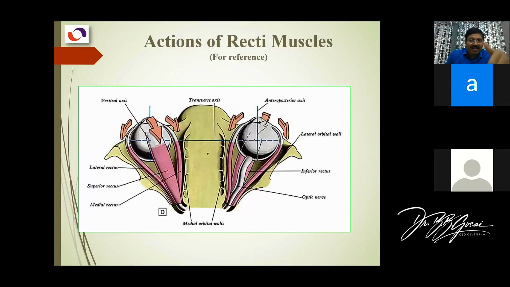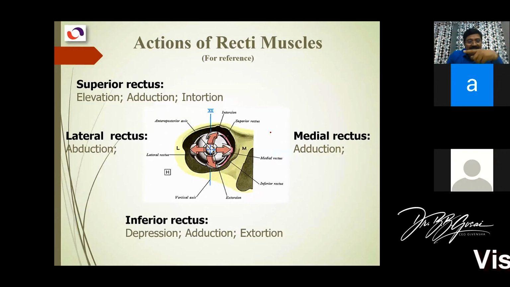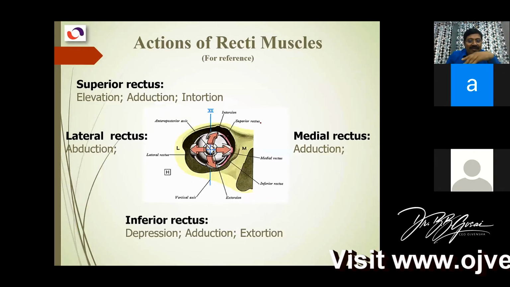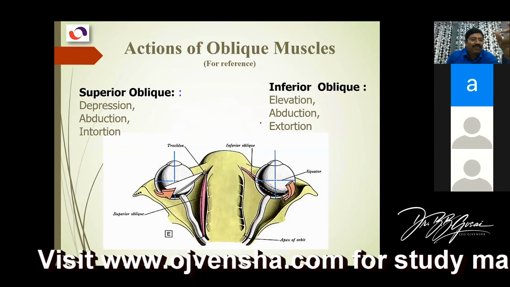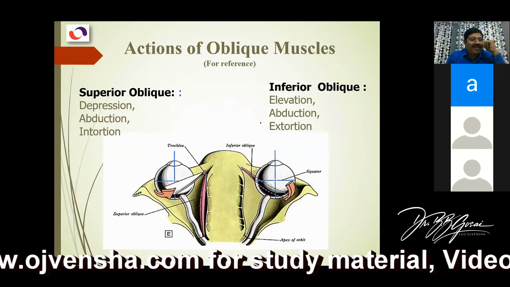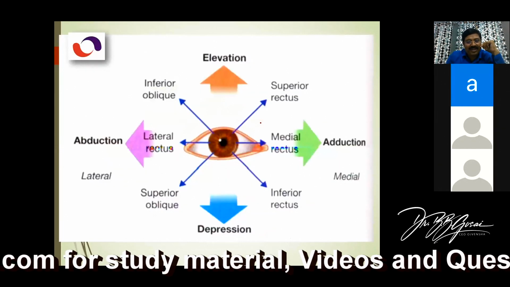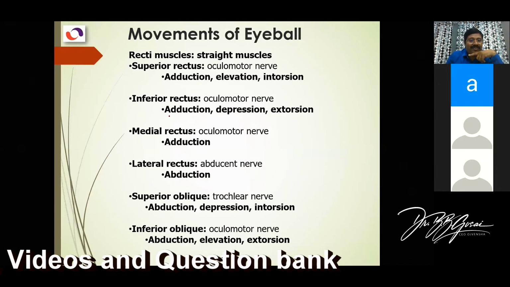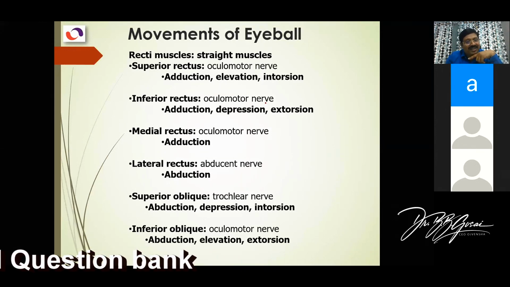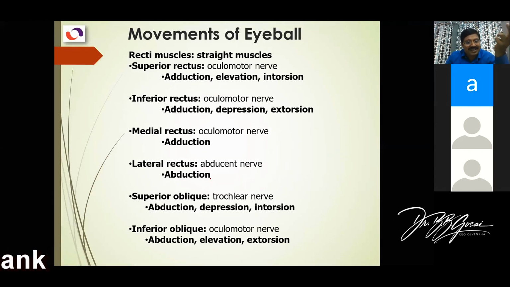I already explained, so I will skip all these particular pictures. Once you understand here, the pictures will be very simple and the names are also very simple, because they just want you to know which muscle does what action. So this is the list of the actions. I have already put up a table, which gives you an idea of what movements these muscles do and what their nerve supply is. It is very simple. As I mentioned, all are supplied by the oculomotor nerve except SO4, LR6: superior oblique by the trochlear, and lateral rectus by the abducens. This is about the movements of the eyeball.